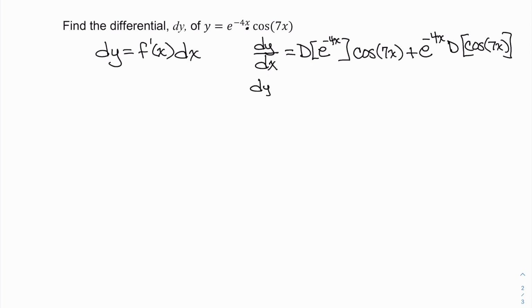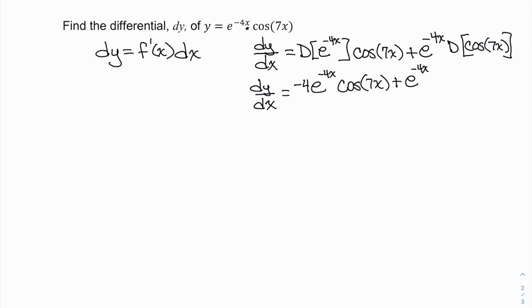So my dy dx is equal to, well, the derivative of e to the negative 4x. Remember the derivative of e to a power is e to the, keep the power, but then multiply by the derivative of the power. The derivative of negative 4x is negative 4, so I'm going to multiply that in front of the expression. Now I'm going to have that times my cosine of 7x,